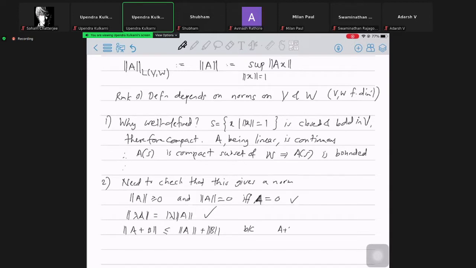Because A plus B applied to any vector x is just Ax plus Bx. And so if I take the norms, then